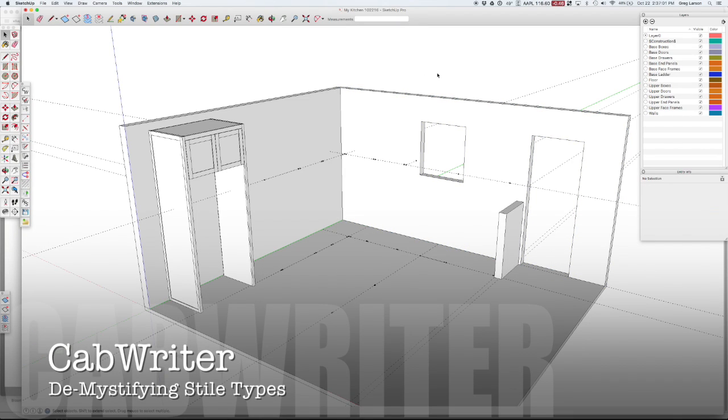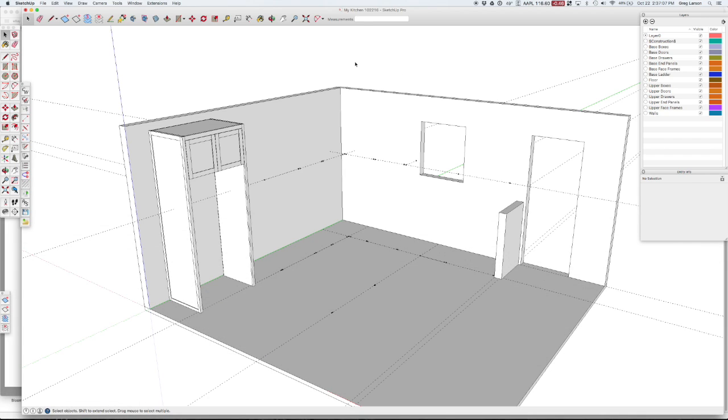Today's video, we're going to sort out all the different types of styles that you can use when drawing cabinets. Each of them has their own special set of attributes that go along with it. So I'm going to show you each of the different types today and why you would choose one versus the other. So as you know, the way we draw cabinets in CabWriter is by the use of the story stick